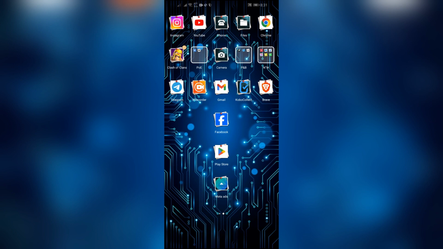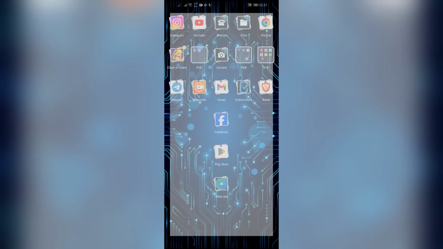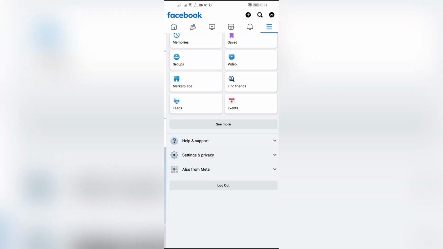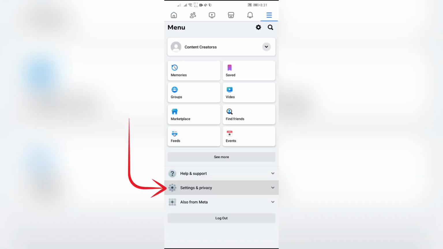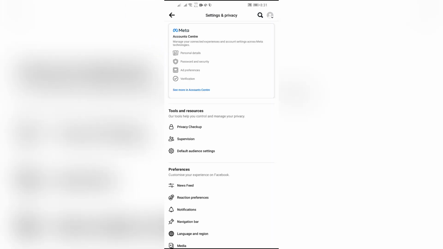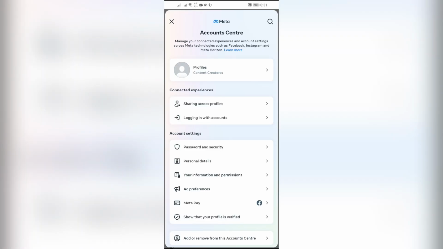Now in this case, you just simply have to open your Facebook application, and after opening it, just go to the settings and privacy option and then click on settings. In settings and privacy, you will get this Meta Account Center option, and after going into Meta Account Center you will get your personal